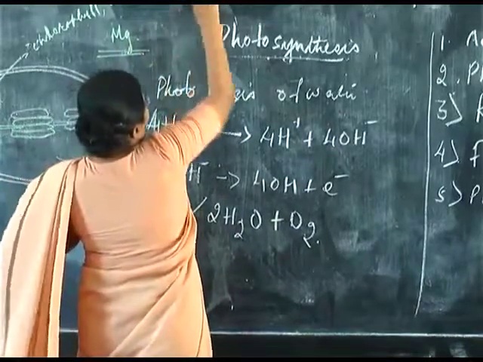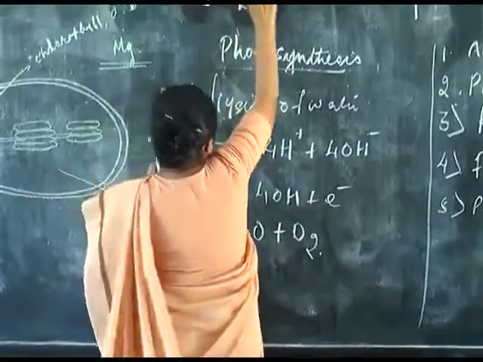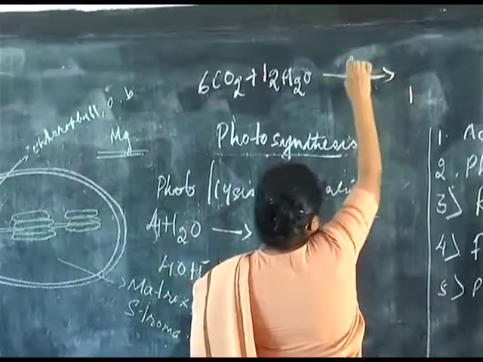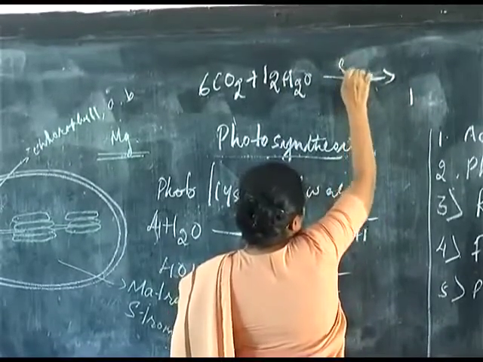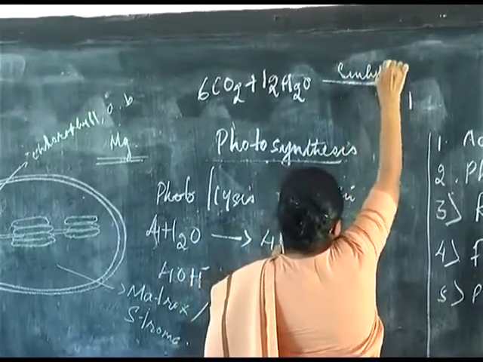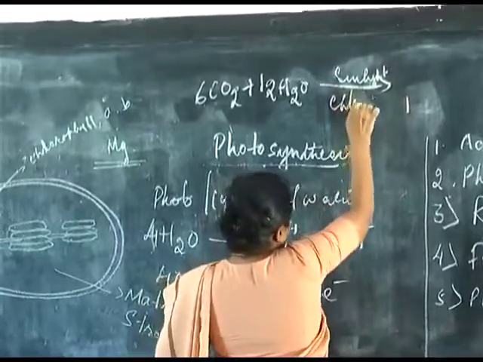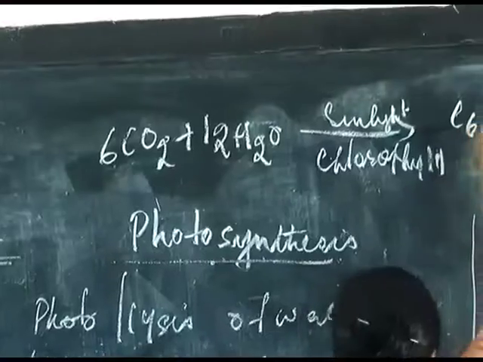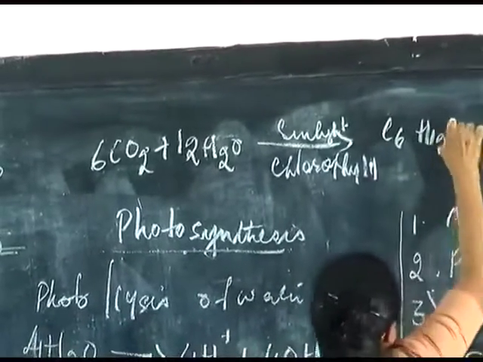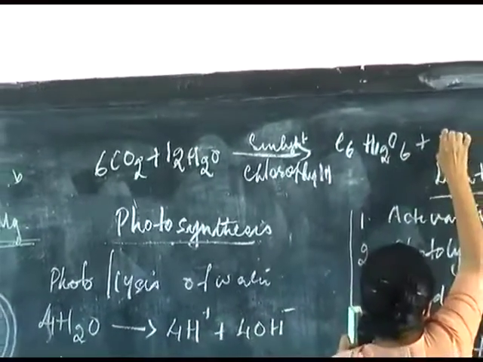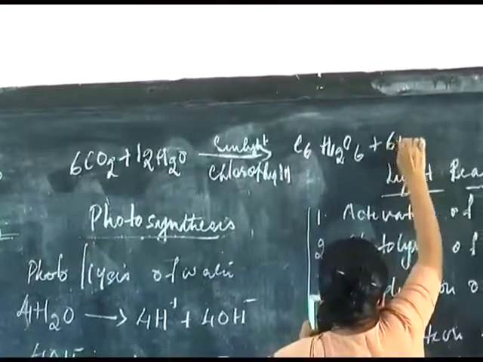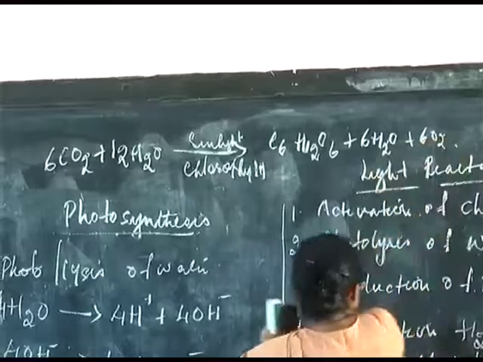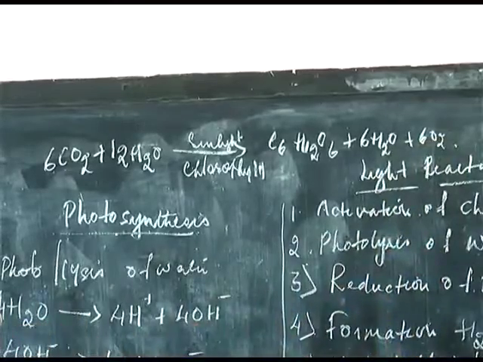And that's how, when I give you the overall chemical equation, that is 6CO2 plus 12H2O, in the presence of sunlight and chlorophyll, gives rise to C6H12O6 plus 6H2O plus 6O2. Now this is the overall chemical equation of your